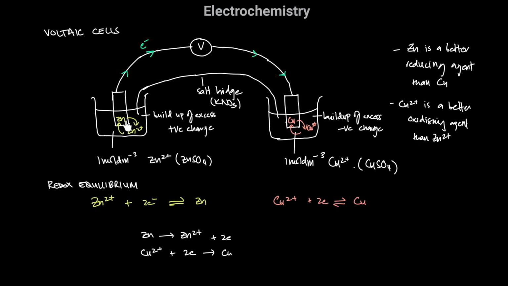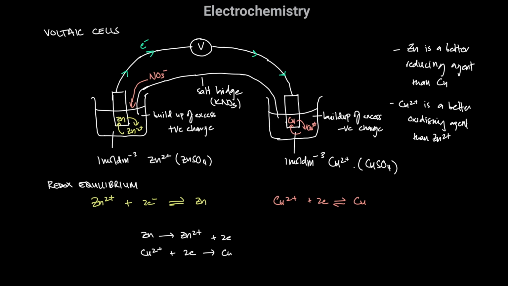And what we said was that in this electrode, we had a buildup of excess positive charge due to the accumulation of zinc ions, right? And that excess positive charge can be countered, or that buildup can be prevented by the salt bridge, because the nitrate ions from the salt bridge, which are negatively charged, will flow from the salt bridge into the solution, okay, and they'll prevent the buildup